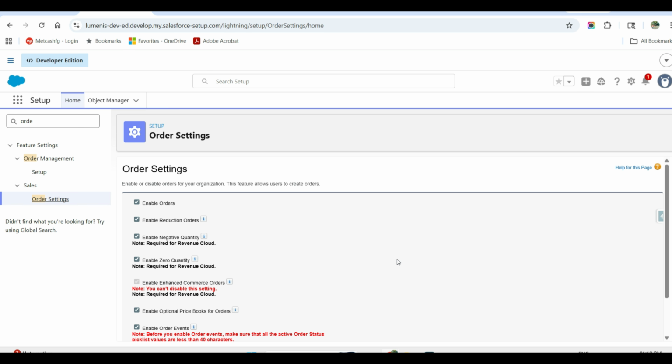In the next video, we will continue with context definition, pricing procedure, discovery procedure, backend pricing setup, and advanced pricing